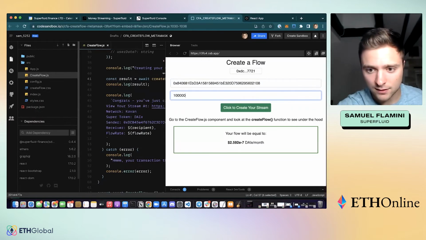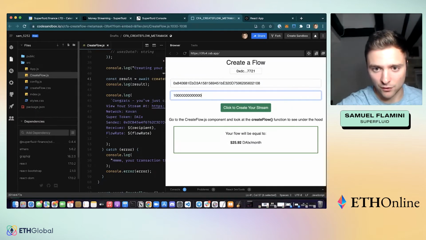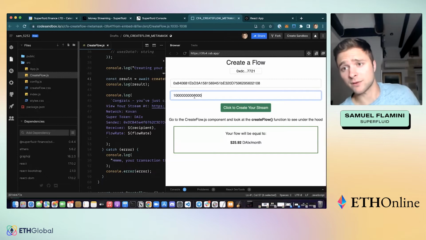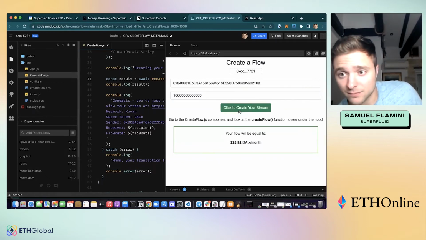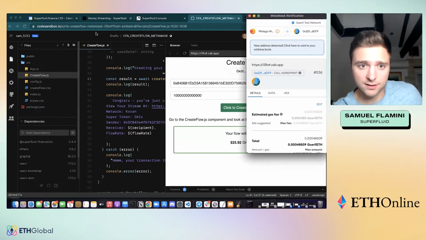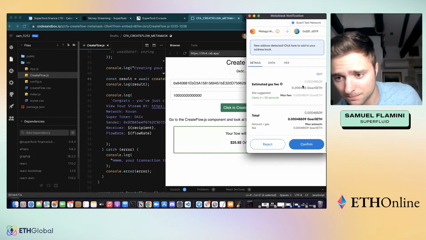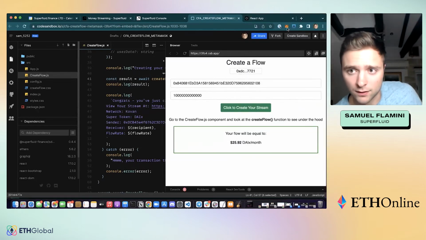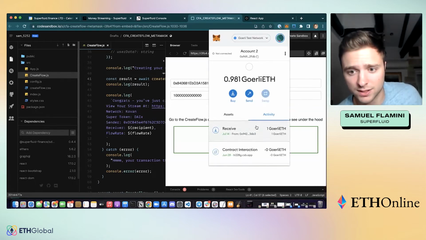And then I'm going to create a flow rate. So this is going to be 25 DAI per month. Again, you see it looks like a pretty large number per second, but it's actually denominated in wei. So in reality, it's quite small. So I'm going to create a stream. Let's hope this works. We're live. All right, wonderful. Modal pops up. Looks good. And all right, our stream is in the process